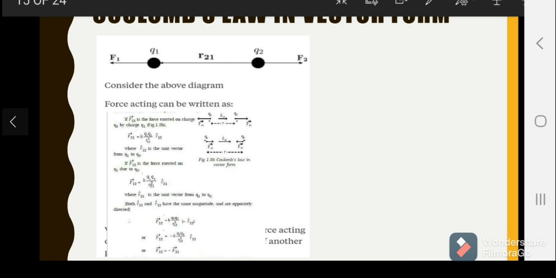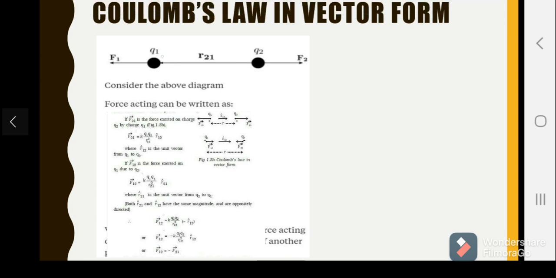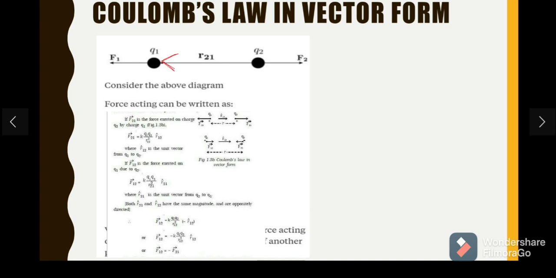Basically, how is it helpful? Coulomb's law in vector form also gives us the direction in which the force is acting. So for this, let us consider two vectors: this is your r21, which is towards q1, and this is r12, which is directed from particle 1 towards particle 2. So this is force 1, meaning the force which is exerted on particle 1 due to